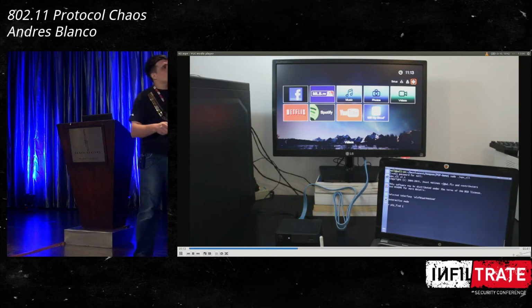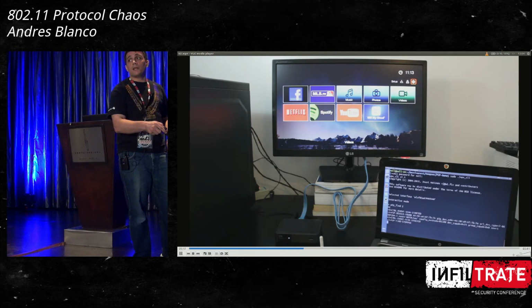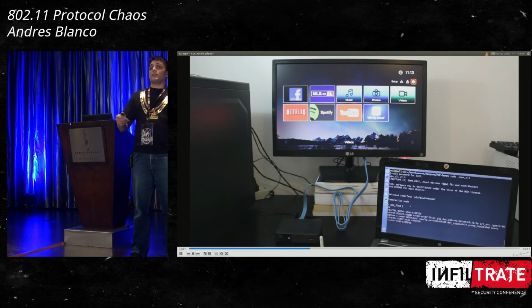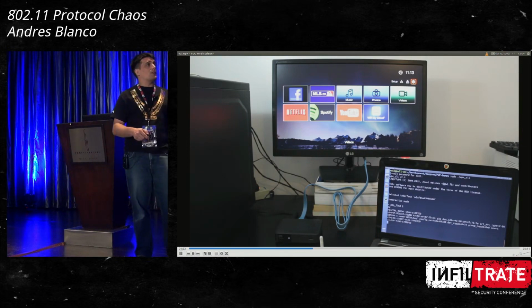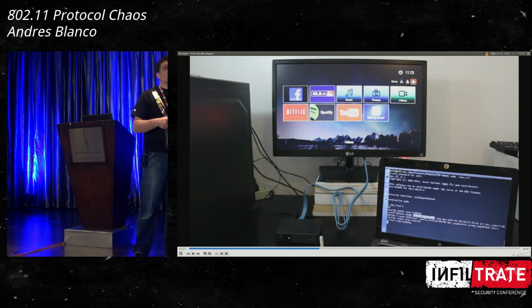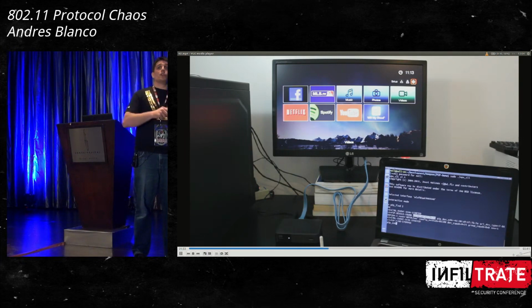I don't know if it's really, can anyone read this? Yes? Yeah? So I do a peer-to-peer find, okay, to find devices. Once I find the device, I'm going to grab the MAC address from the device that supports Wi-Fi Direct, and I'm going to use the command peer-to-peer connect using the push button configuration you remember I talked about before.